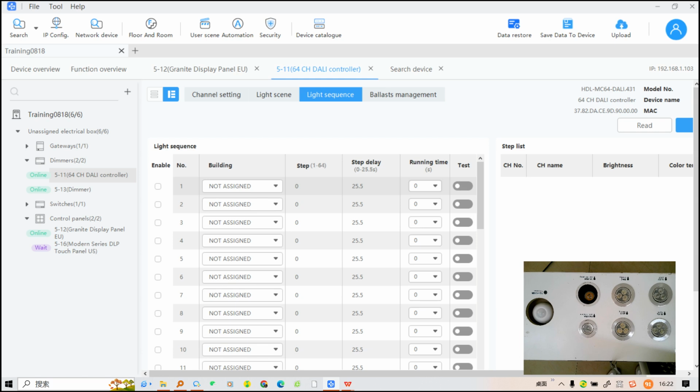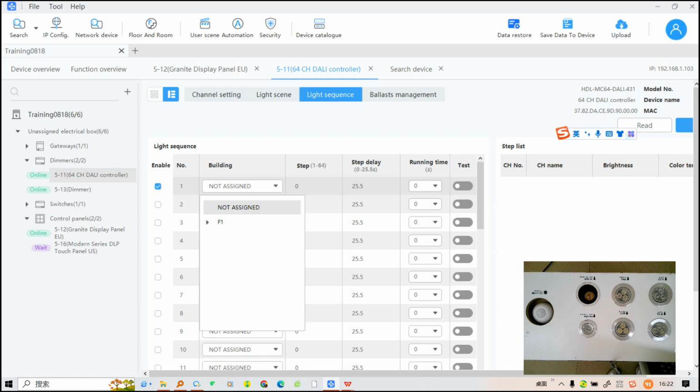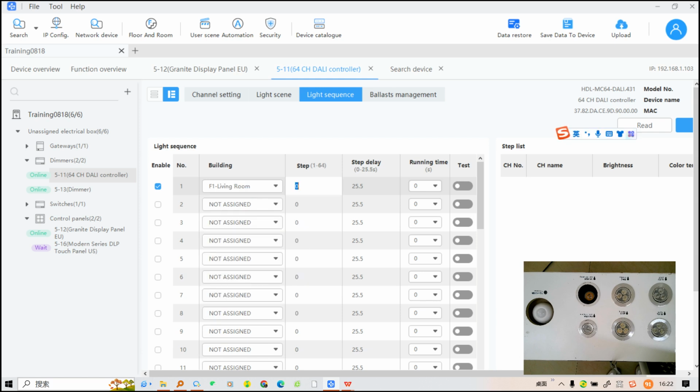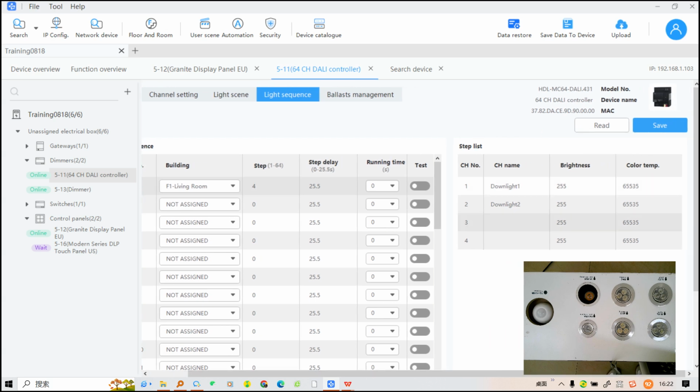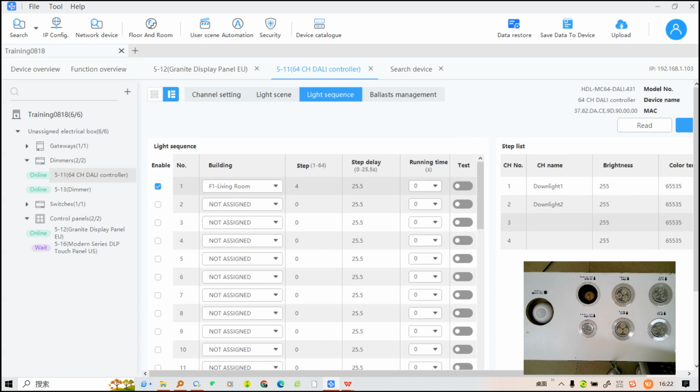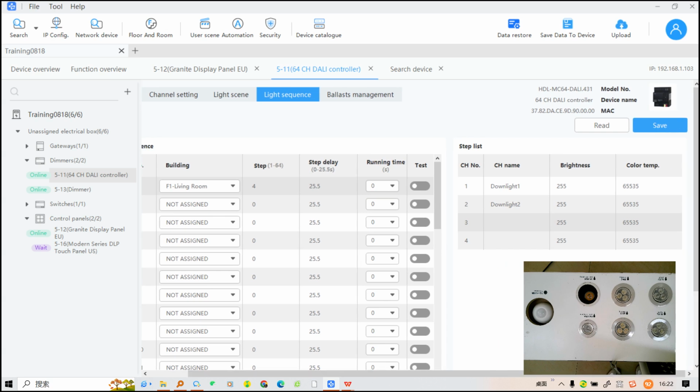Okay, we can now enable the light sequence and assign this to my living room. And step, for example, we just want 4 steps. Okay, then we can select step. Then we can create